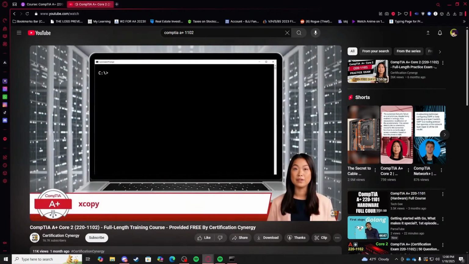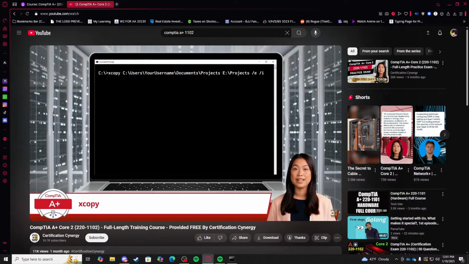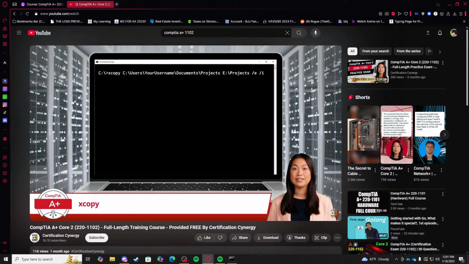Let's say you have a folder called Projects in your Documents folder, and you want to copy it, along with all its subfolders and files, to a folder, also named Projects, on a USB drive labeled E. You would use the following command, xcopy, followed by the source location, which is C:\users\your username\documents\projects. This is followed by the destination,